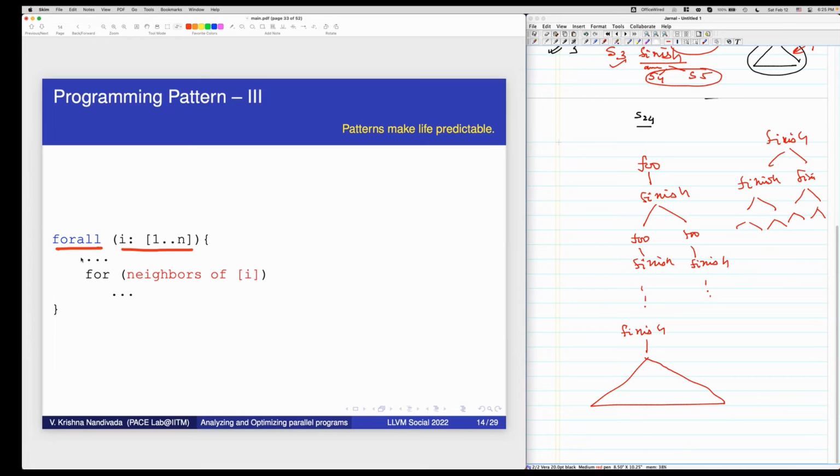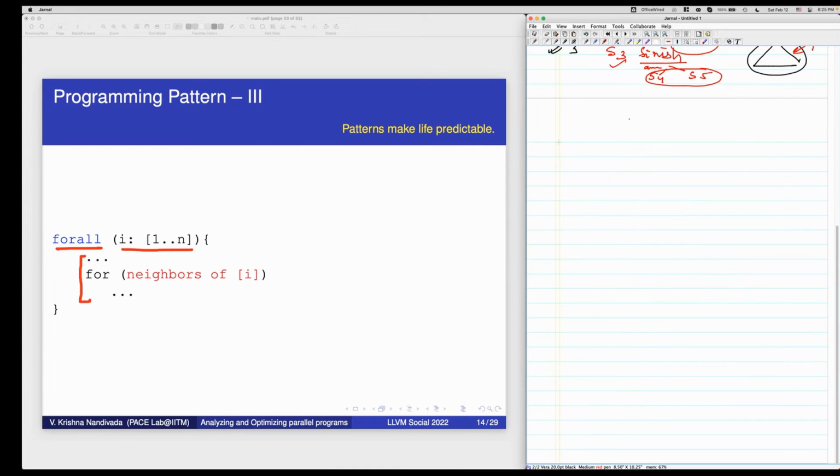All the n tasks are executing the same code. So now, is it safe to say that all the n tasks will execute the same amount of work? Pay attention to my words. Same code and same amount of work.